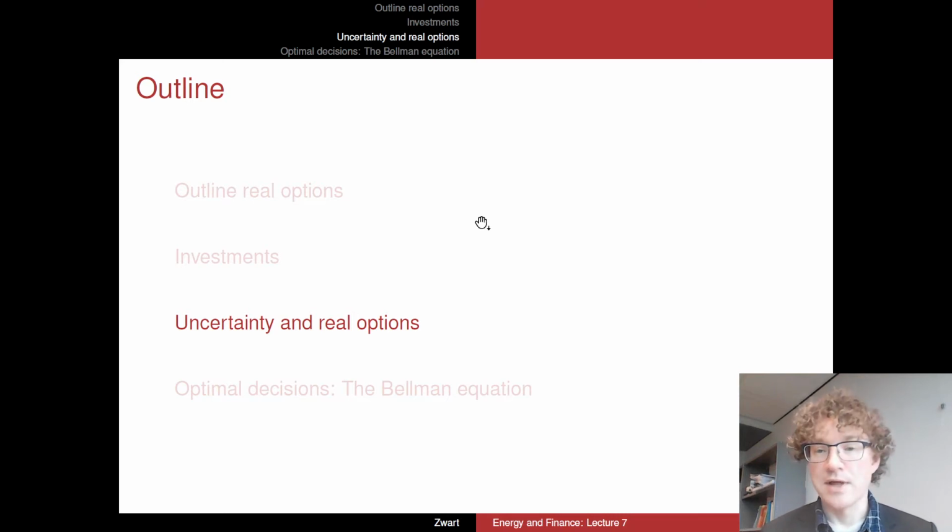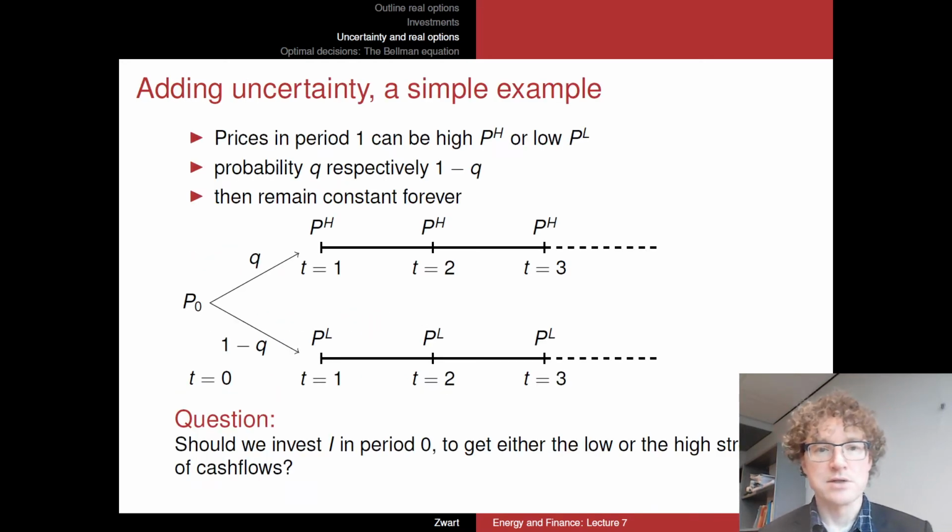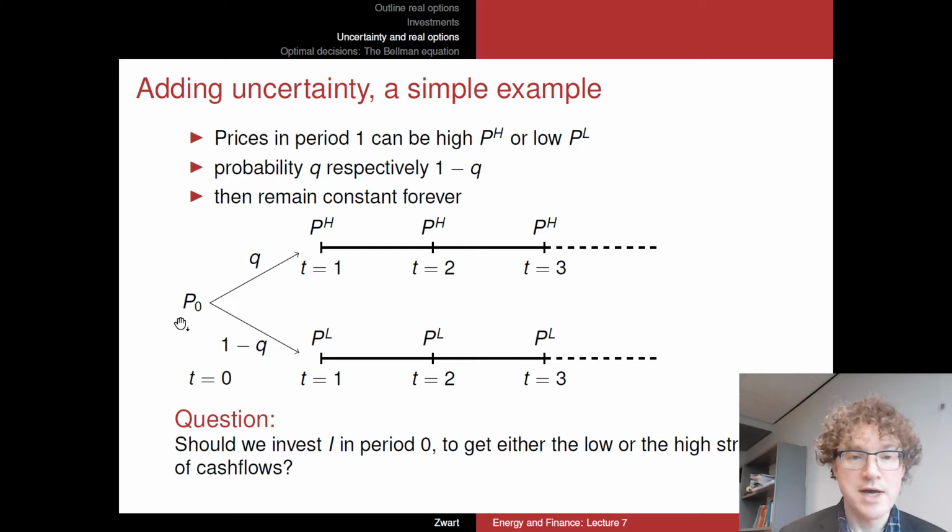So let's look then at our toy model with uncertainty introduced into this. And let's first do this in as simple a way as is conceivable, which is the following. So we have uncertainty in period 1. We start with an initial price P0 over here. And now when going from today, t equals 0, to next year, t equals 1, there's uncertainty in the sense